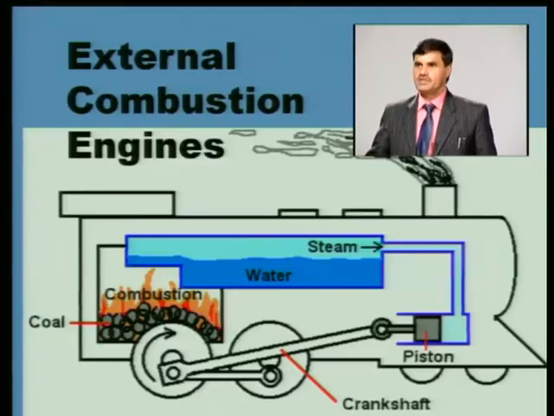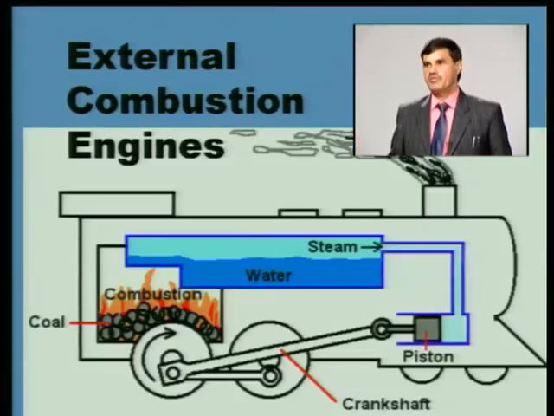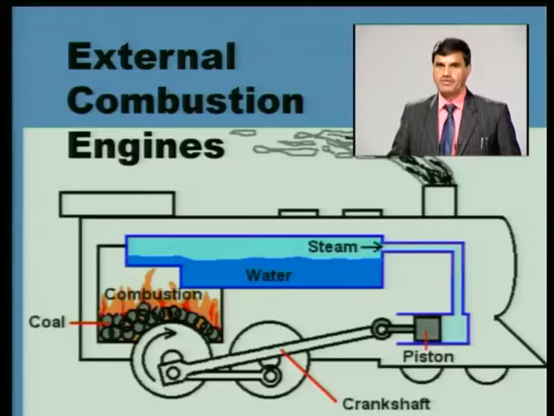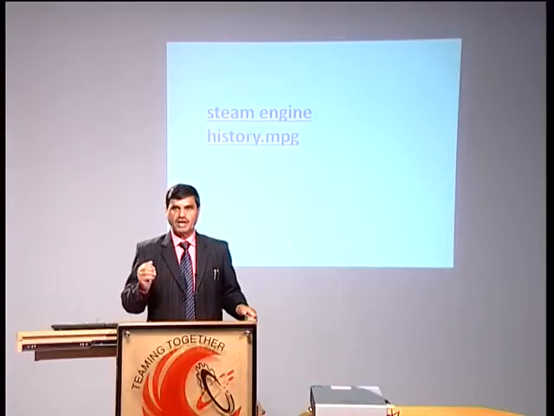The exhaust products of combustion go through the chimney into the atmosphere. So, the difference between these two types of engines is that here combustion takes place outside the cylinder, and there are two working fluids, one is the burnt products and air, another is steam, which is responsible for giving useful work output. I will also show you how this engine works, how it gives useful output when combustion takes place outside the cylinder and the working fluid is air plus burnt products and steam.